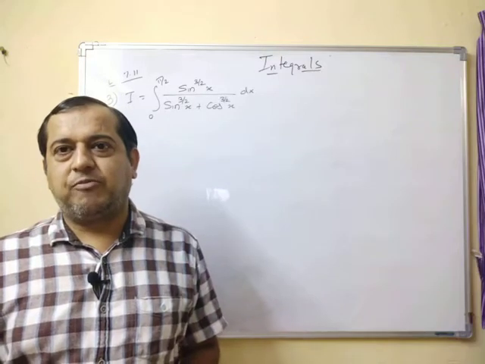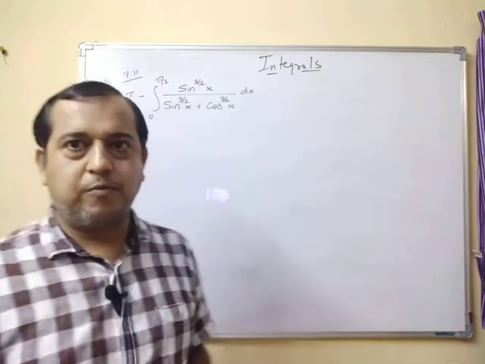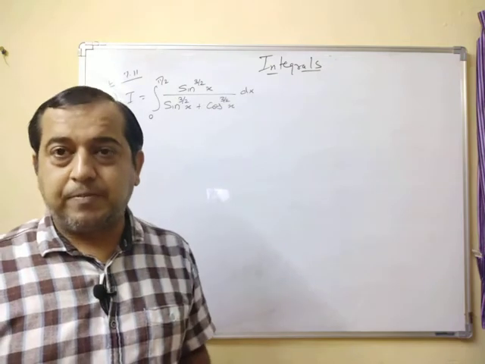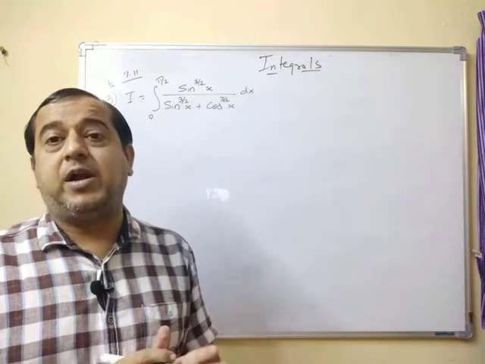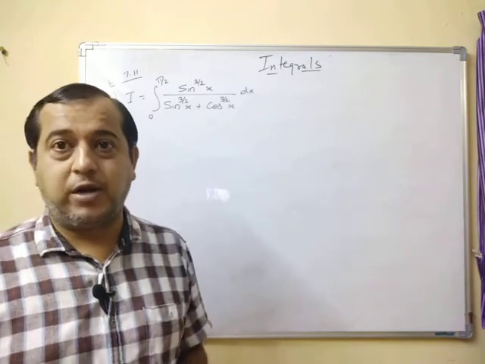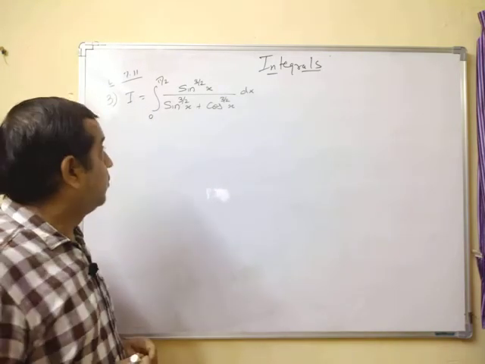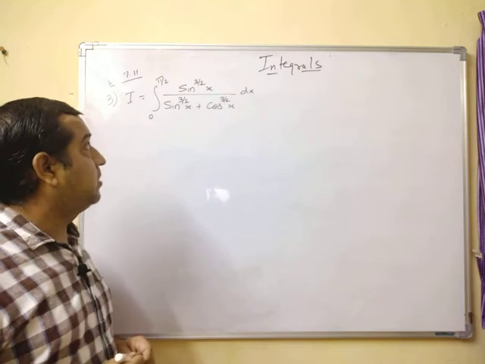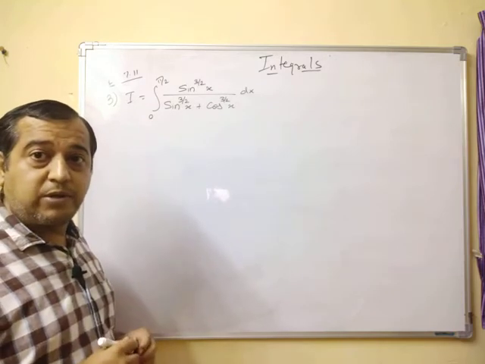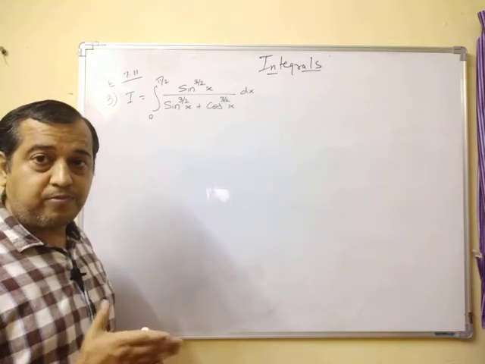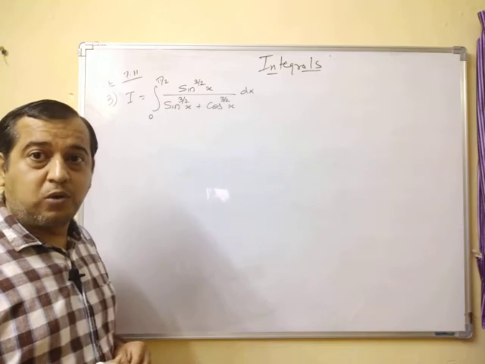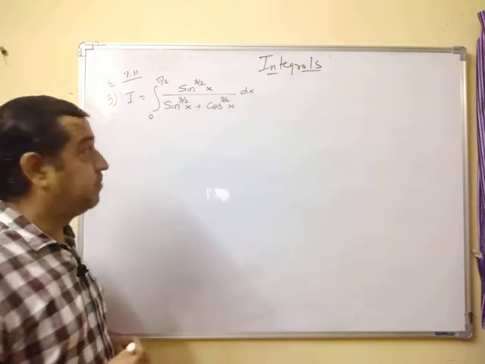Okay, after the completion of properties of definite integrals, we come to the exercise 7.11. Now, in this case, the problems purely depend on the properties of definite integrals. We see the third question. I is equal to integral from 0 to pi by 2 sin raised to 3 by 2 x upon sin raised to 3 by 2 x plus cos raised to 3 by 2 x dx. Now, this problem can be solved using property P4.